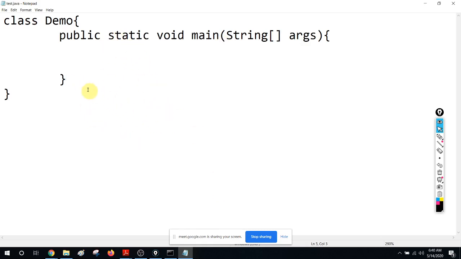So let's do a very simple example. This is just a hypothetical example. Say I am adding numbers frequently, therefore I want to do it in a separate method. So what I can do is write another method here inside the class.